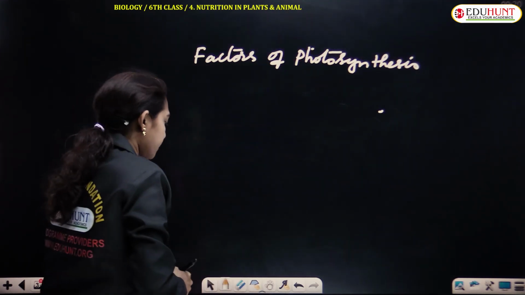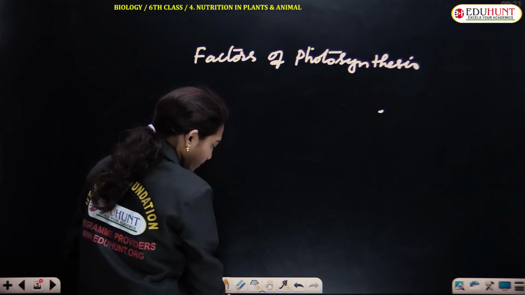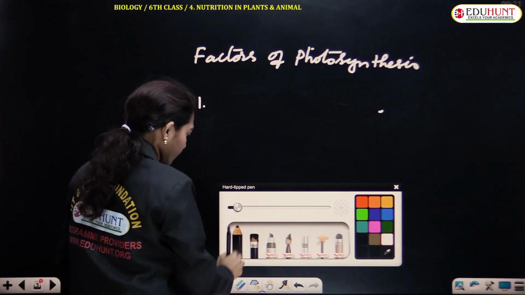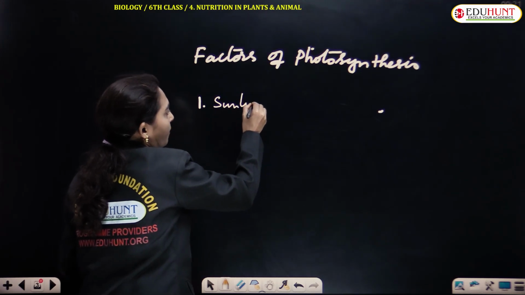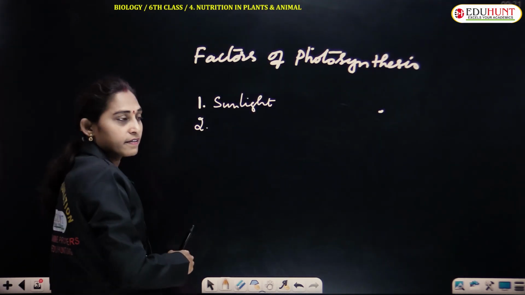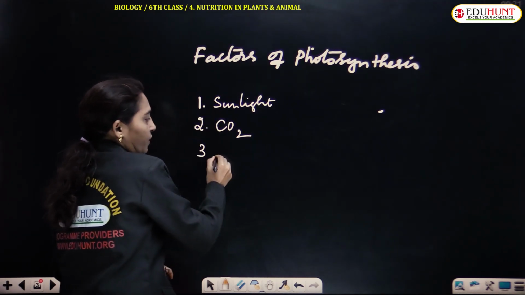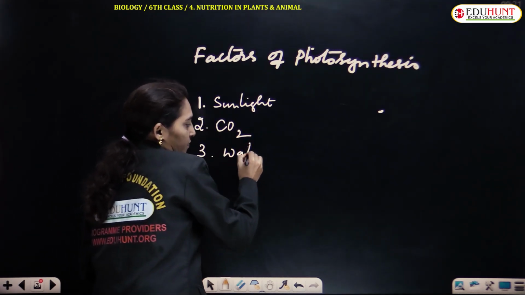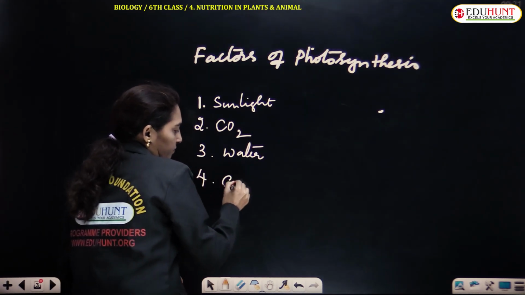One is sunlight, second CO2, third water, and fourth